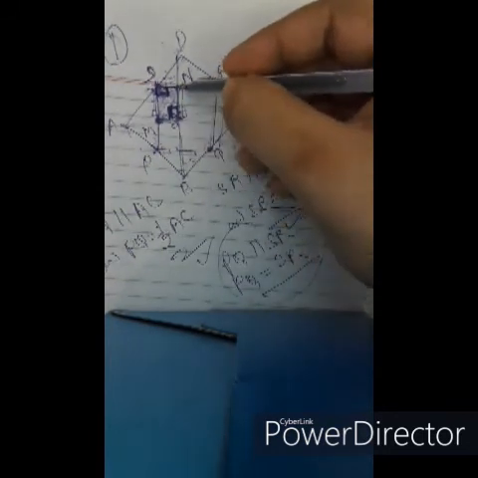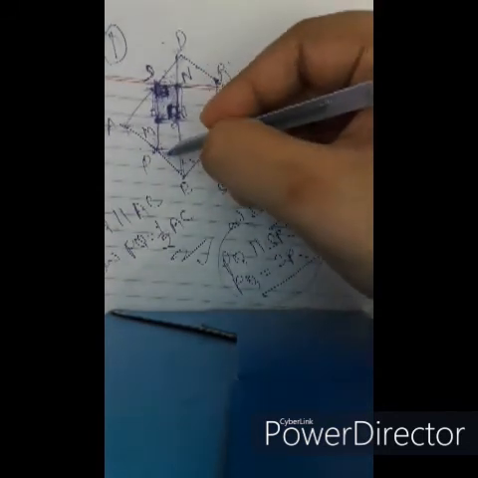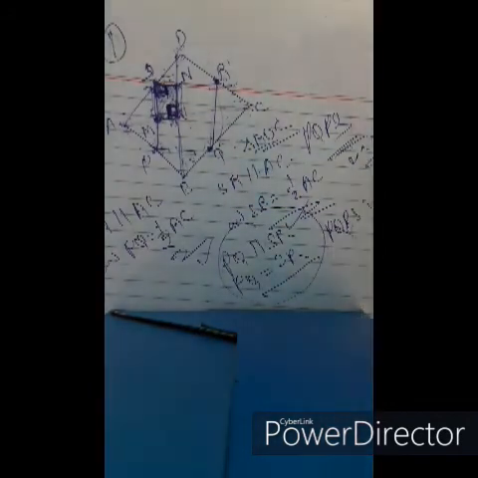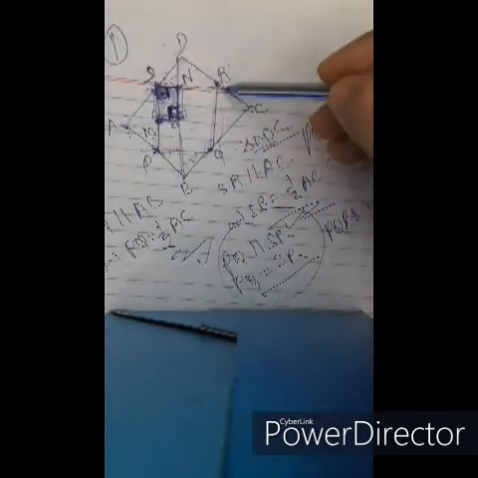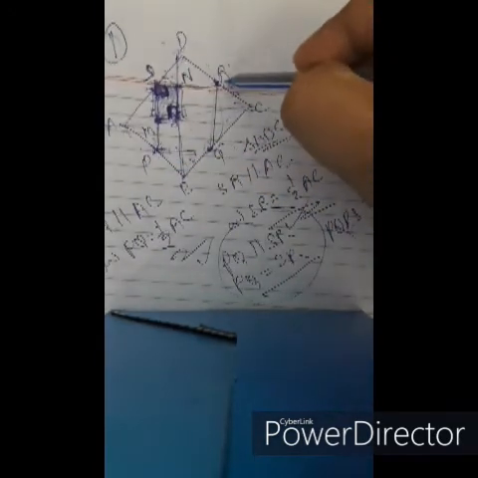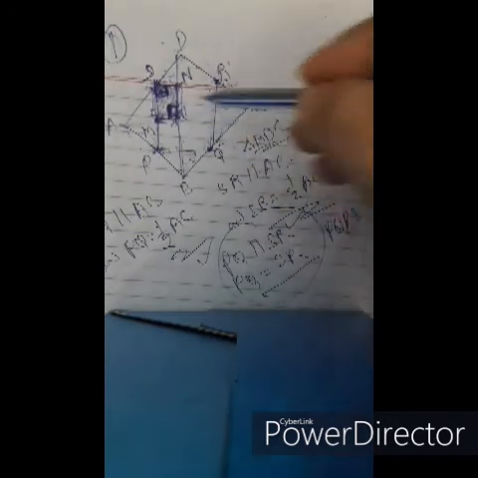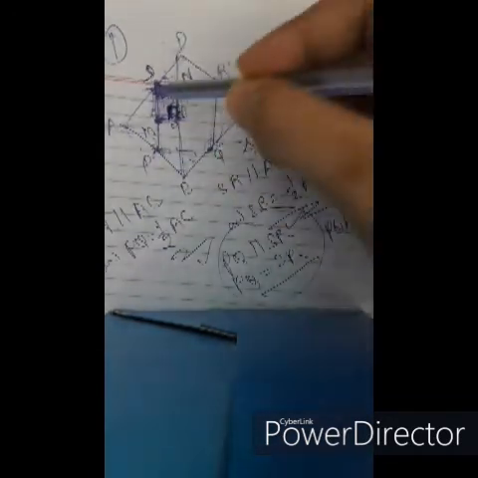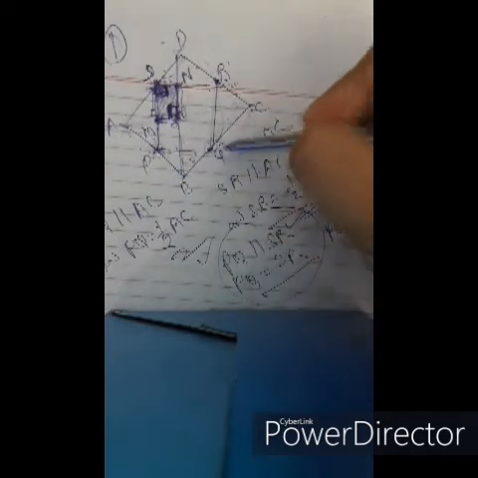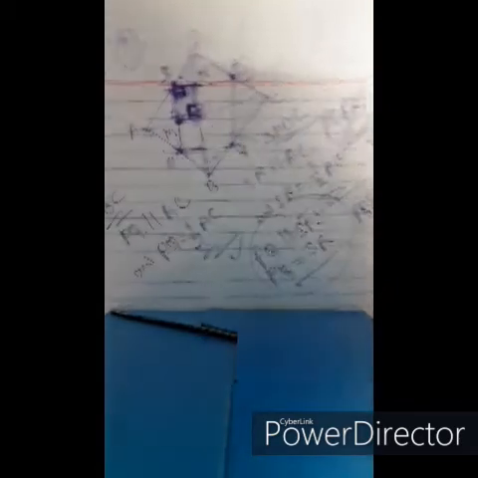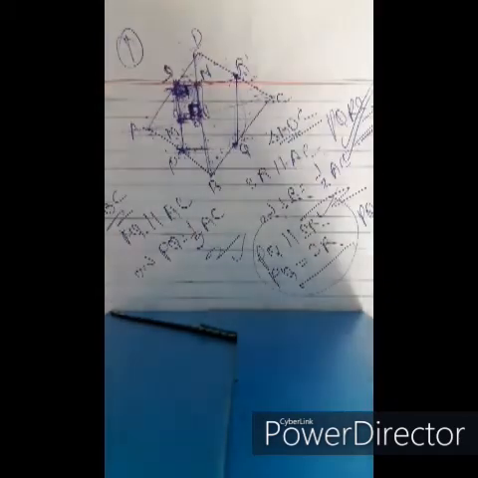Since MONS is a rectangle, angle MSN also becomes 90 degrees. MSN falls on PSR, therefore angle PSR becomes 90 degrees. Now PQ is parallel to SR, PQ equals SR, PS is parallel to QR, PS equals QR, and angle PSR equals 90 degrees, which automatically makes PQRS a rectangle. I hope you are able to get this problem. It is a simple proving problem.